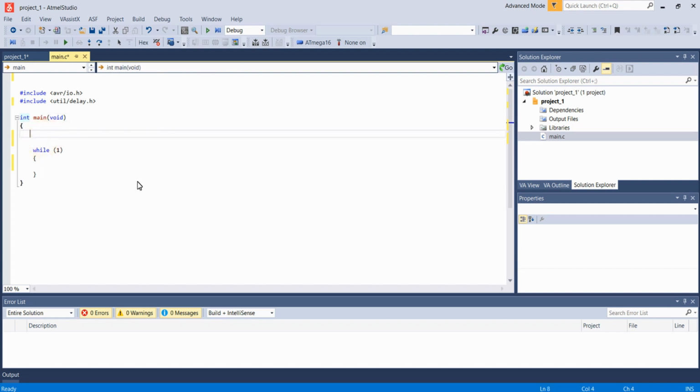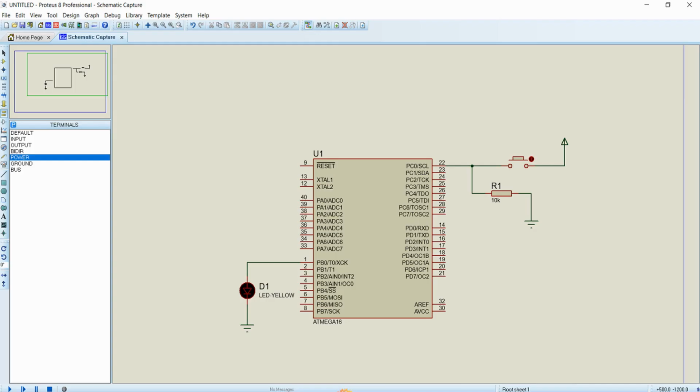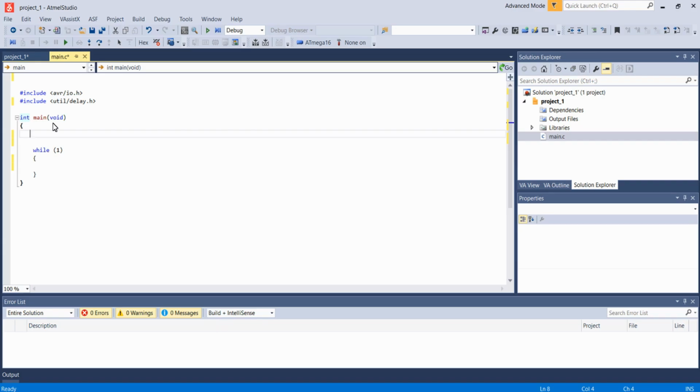Initially, we want to configure this PC0 pin as input and PB0 pin as output. For configuring the LED pin as output, that is PB0, we will be using the DDRB register, right? That can be done by writing DDRB |= (1<<DDB0).